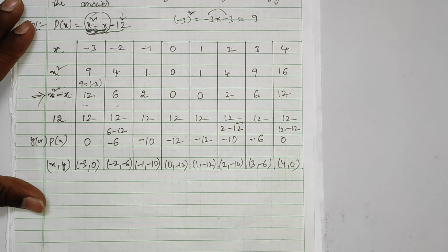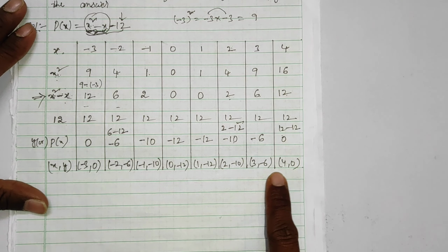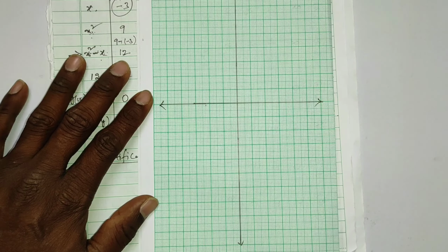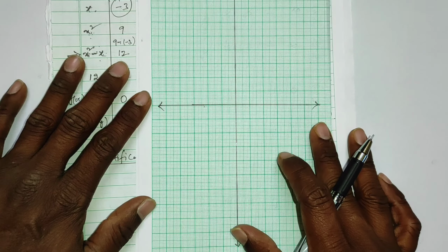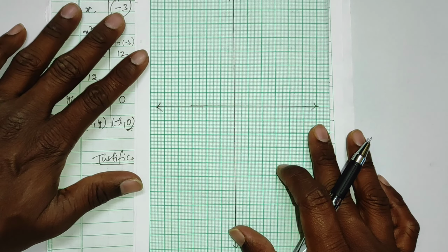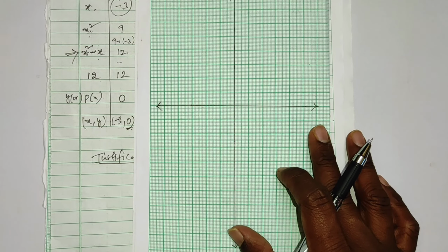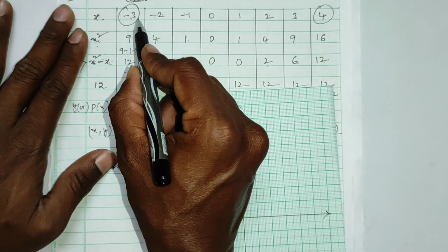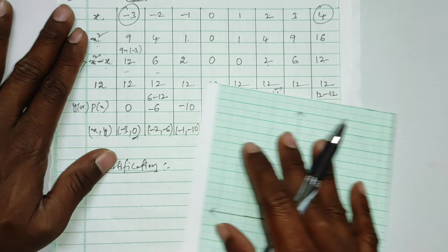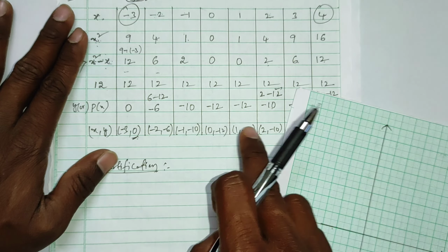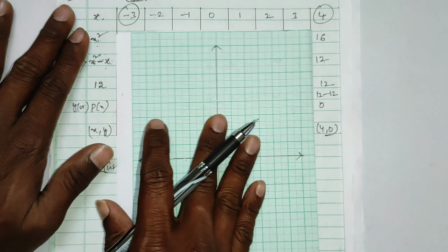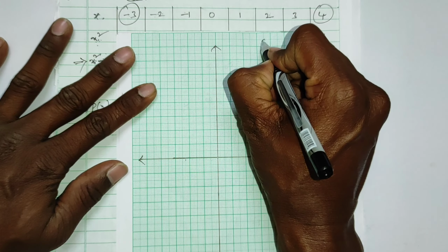Now what we have to do is locate these x comma y coordinates on the graph. We have to do the graph now. Come on. Now we'll draw the graph. If you want to draw the graph, we have to choose a proper scale on both axes. If you observe, on the x axis we are having only normal values, meaning we are having only the one table. While coming to the y axis, having up to 12, we'll consider the 2 table. So first we'll write the scale here.